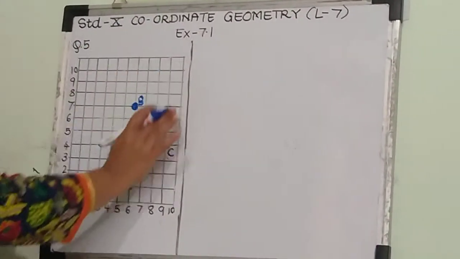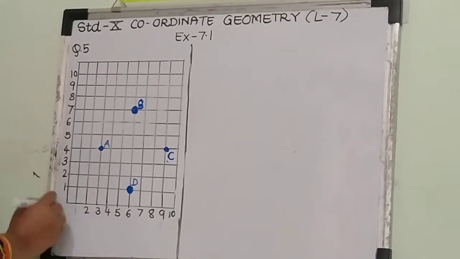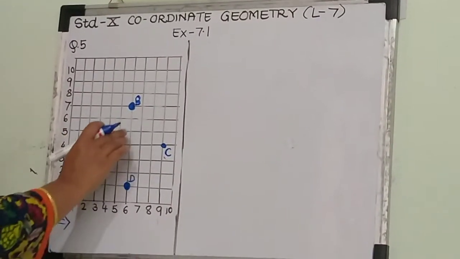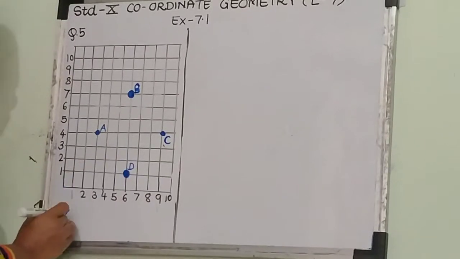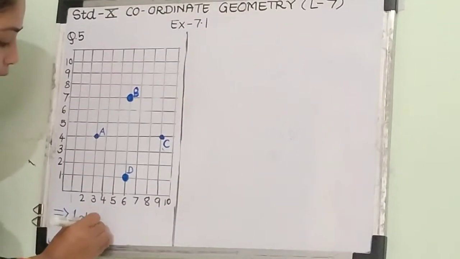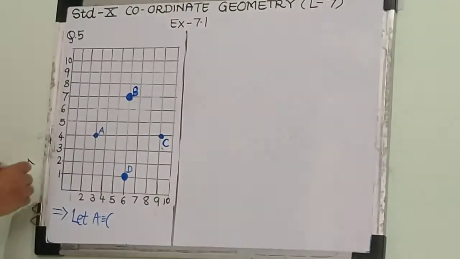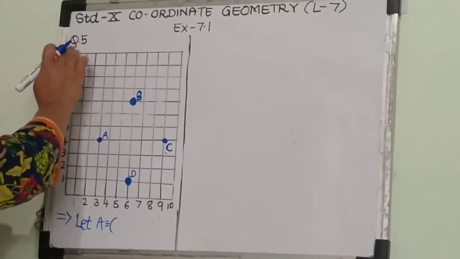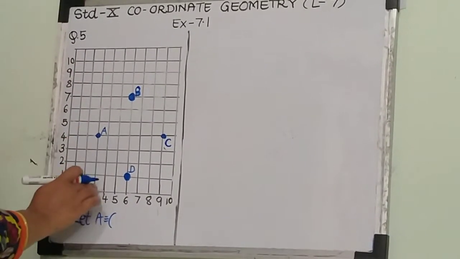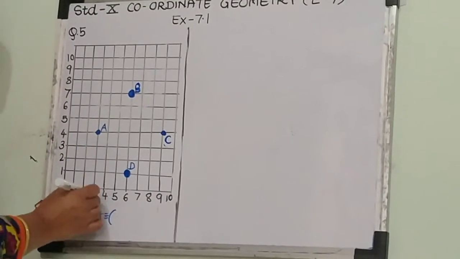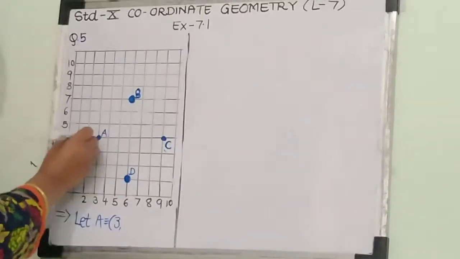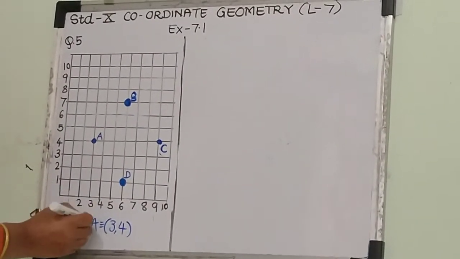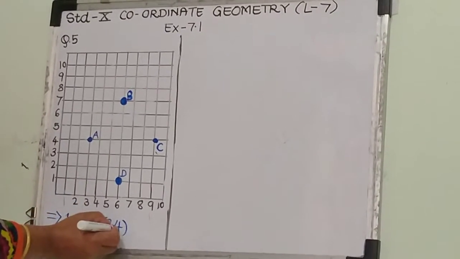Now see our fifth number question. First we are going to write down the coordinates of the given points, that is the students. So first, let A's coordinates. If you see that on the x-axis, the horizontal line means x and the vertical line means y. So first I will write the x coordinate. The x coordinate we can get is 3 here and the y coordinate we get is 4. So the first coordinate A is (3, 4).